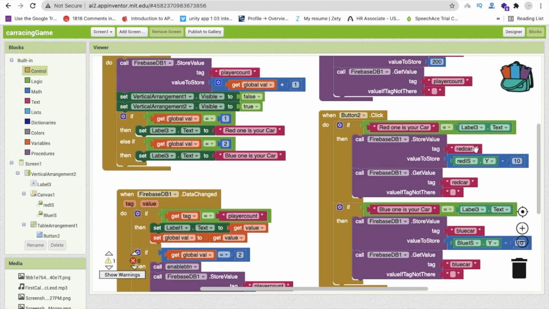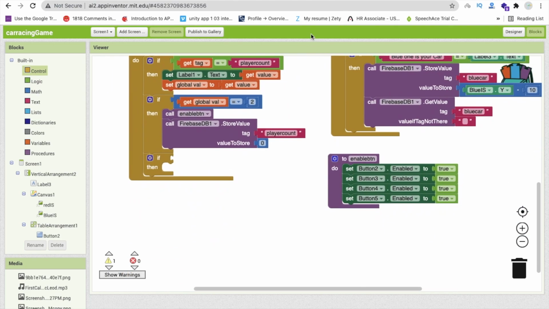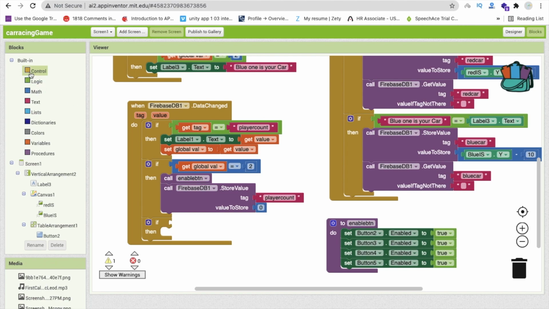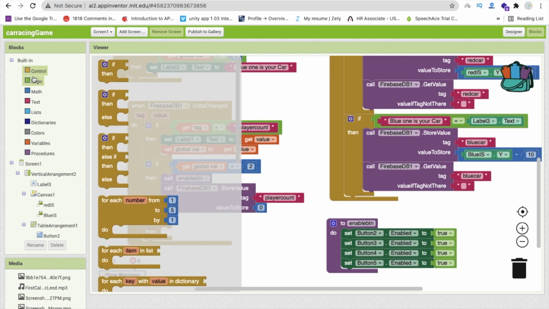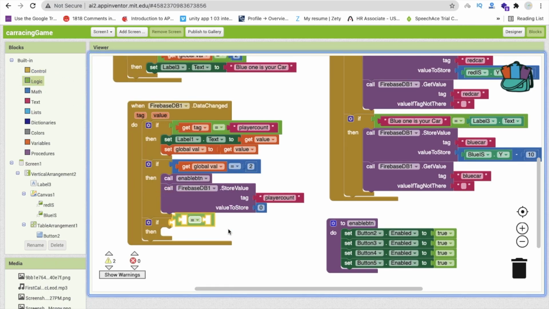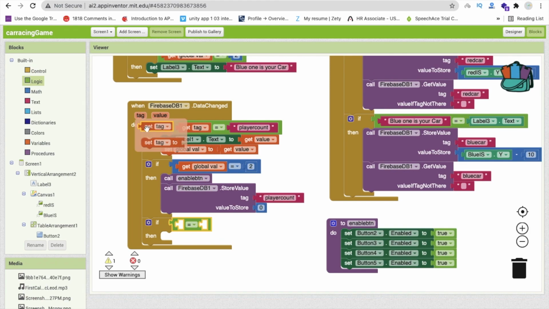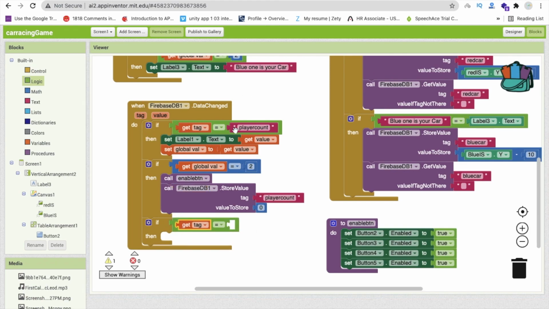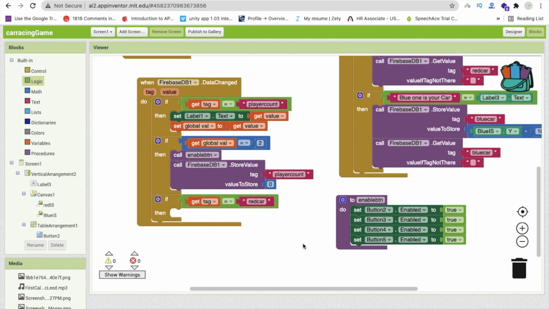store the red car value. It means we are updating that value. It means this block will call. First we need to check which tag is updated. So logic is simple. If the car tag is equal and the tag value should be, suppose, red car. Red car. Now we have to move our car.